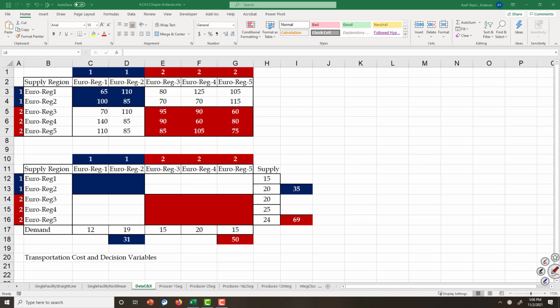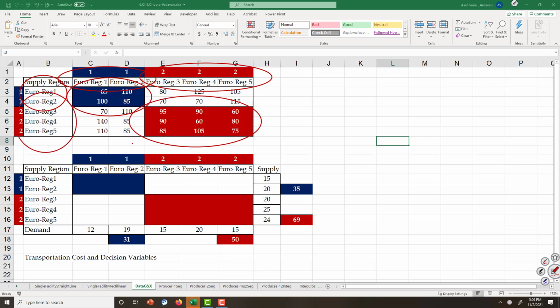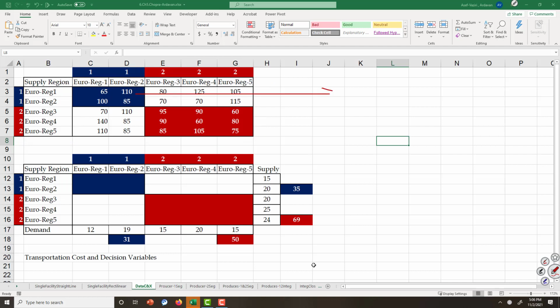We have two independent companies, one with 2 plants and one with 3 plants. They serve entirely two different markets. Company 1 has 2 plants and serves 2 markets, and Company 2 has 3 plants and serves 3 markets. Entirely independent companies. We have cost of transportation from each origin to each destination, from each manufacturing plant to each